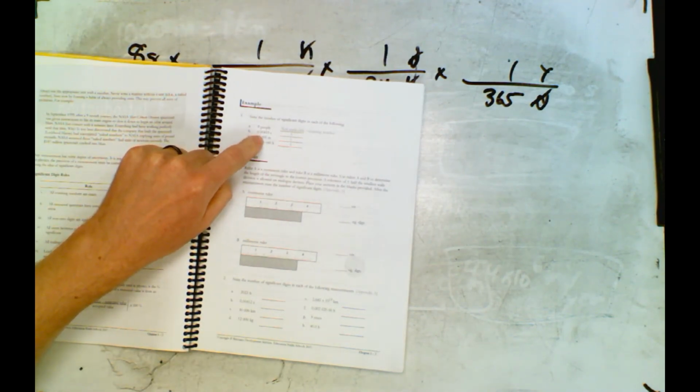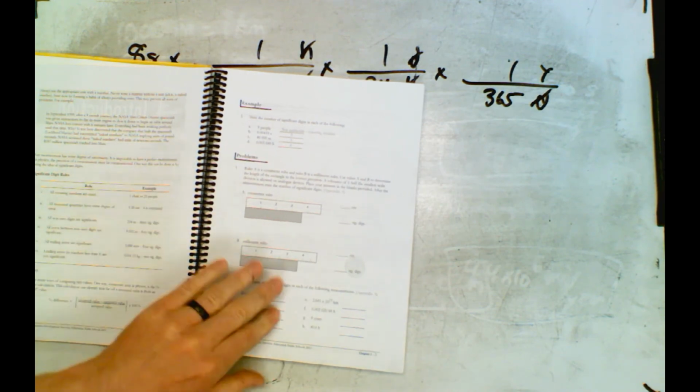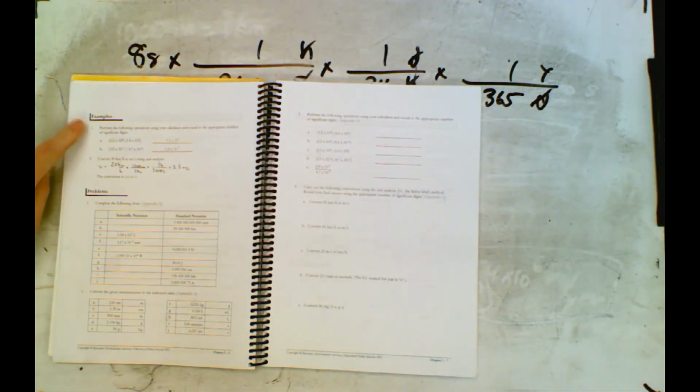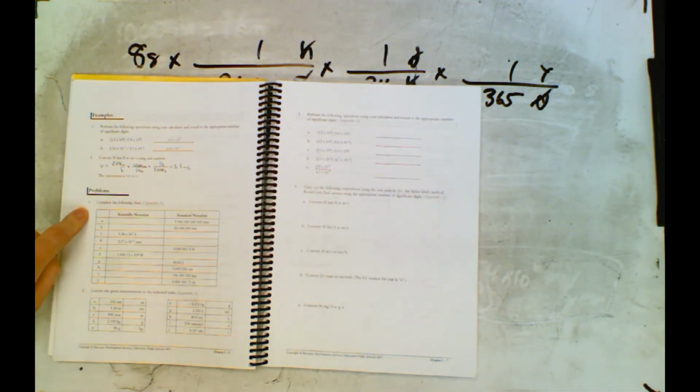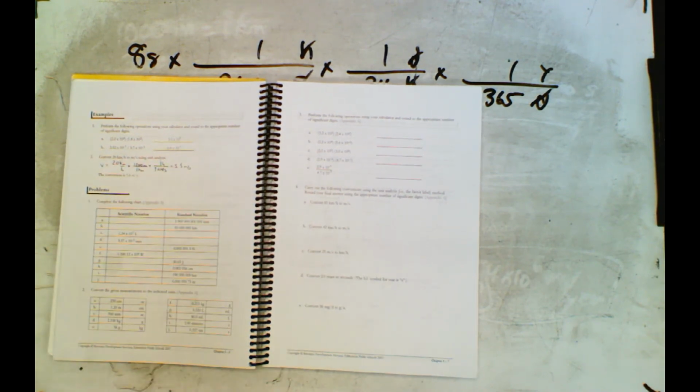Those have already been done for you. It's these ones that you want to focus on. So you want to do 1, 2, 3, and 4. 3 and 4, and then just ignore those because I didn't assign those. And then on page 6, we have question 1, not example 1, but question 1 is scientific notation practice, and then 2 and 4 will be